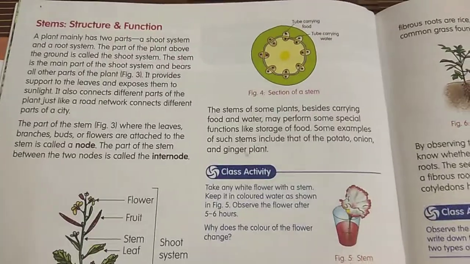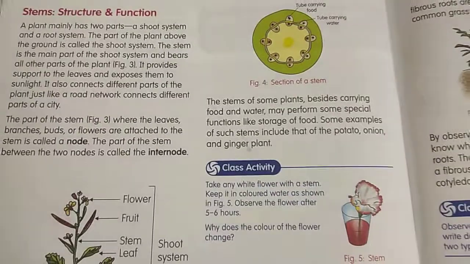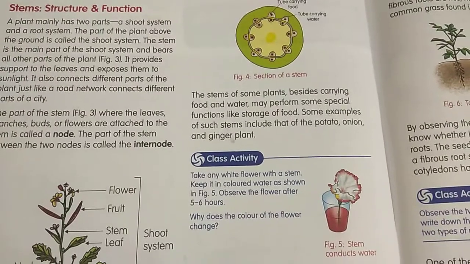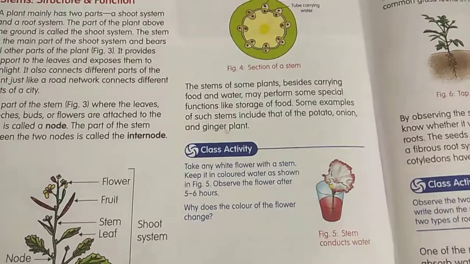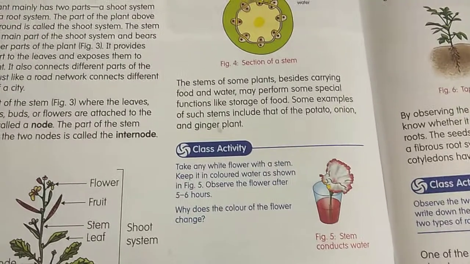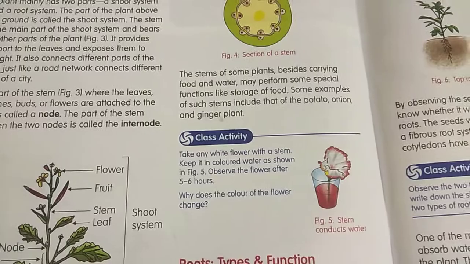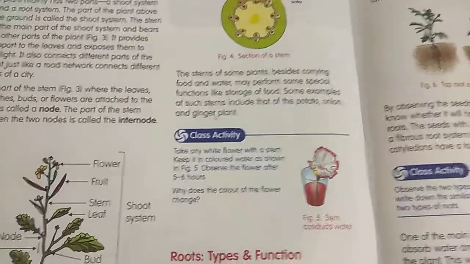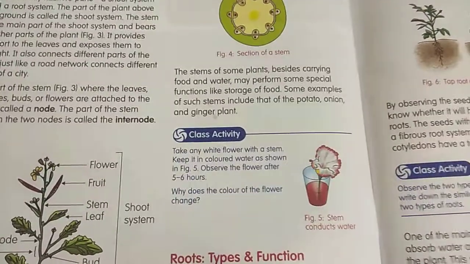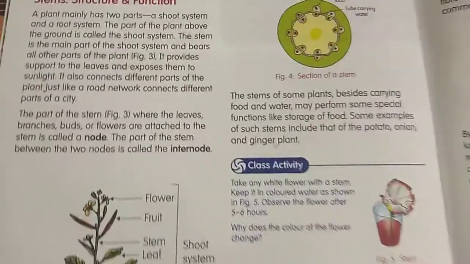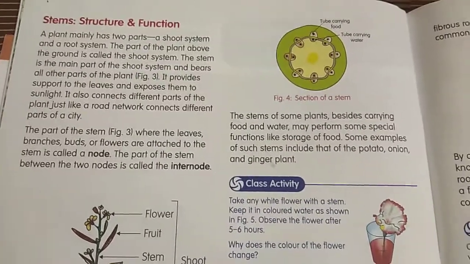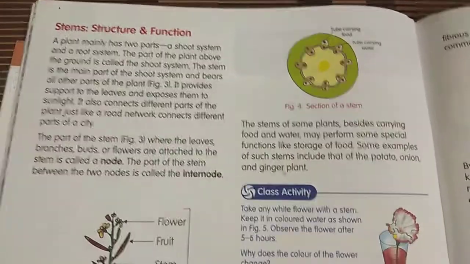Now you do one thing, just pause your video, go out, and pluck one branch of a plant. It should have a green stem, and from that a few more small branches must come, and from each branch there should be leaves. We are going to learn the minute parts of the stem, so you should have it in your hand. Did you bring it? Okay, anyway, here I will explain with a picture. If you are able to get the plant in your hand, that will be really good. You can easily see it and learn.